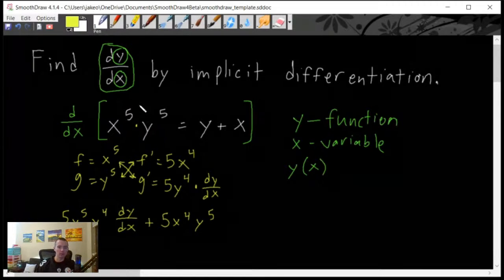Okay, so that is the derivative of the left side of our equation. Now for the derivative of the right side of our equation, we have y plus x. Well, we can just take the derivative of each of these two terms separately, since it's just the sum. The derivative of the sum is the same as the sum of the derivatives,